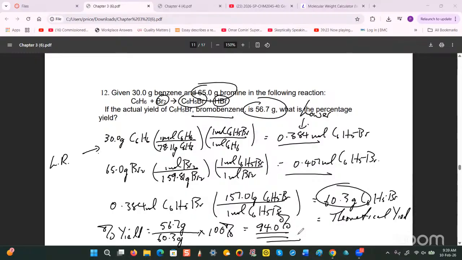Any questions about this particular problem? Any questions? As I said before, whenever you're doing these types of problems, I would check to make sure that the equation is balanced to begin with, right? Because if the equation is not balanced, then there exists a real possibility that the subsequent calculation will not be correct. We're still on chapter 3, is that